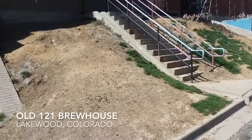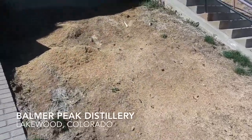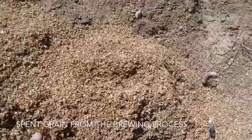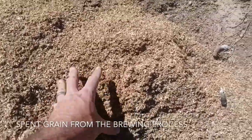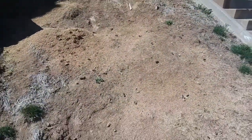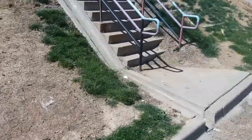One of those is working with Old 121 Brewery and Ballmer Peak Distillery using their spent grain. I'm going to show you the spent grain right here. You get bags of this stuff. This is a byproduct of the brewing process, the distilling process, along with dunder in the distillation process using molasses. We take those nutrient-rich byproducts and we apply them to the soil here. But this is what it starts with. Then we'll show you